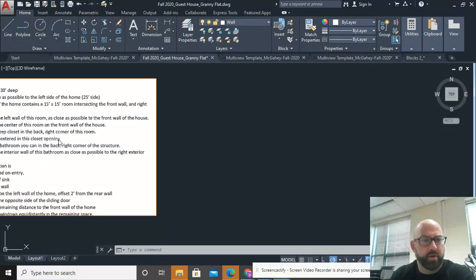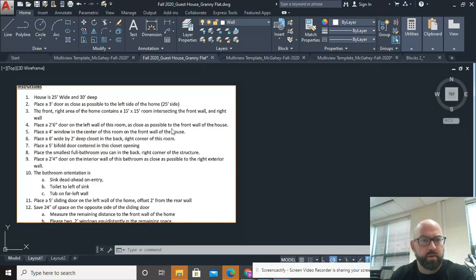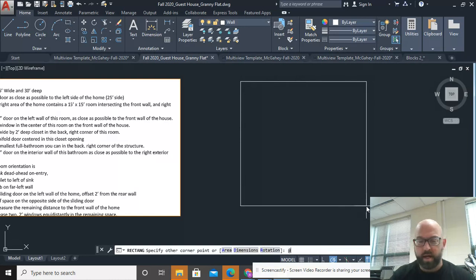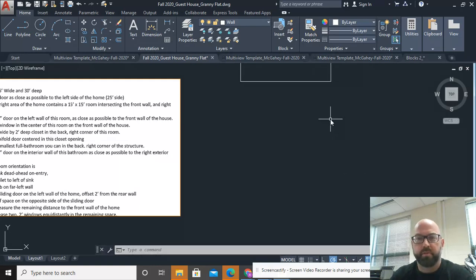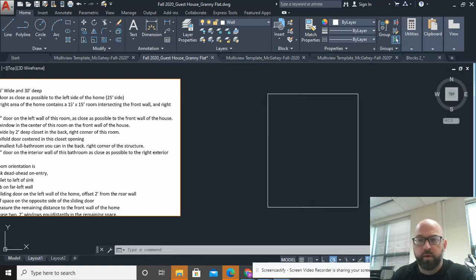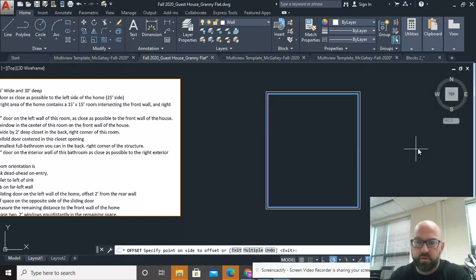them right here. So I'm going to start with the first thing, which is a 25-foot wide by 30-foot deep house. Okay, so I'm going to go ahead and draw a rectangle. I'm going to say at 25 feet, comma, 30 feet. Why 25, comma 30? Because if I did 30, comma 25, it would be too narrow. Okay, so there's that. I'm going to offset it 6 inches to the outside, and I'm going to go ahead